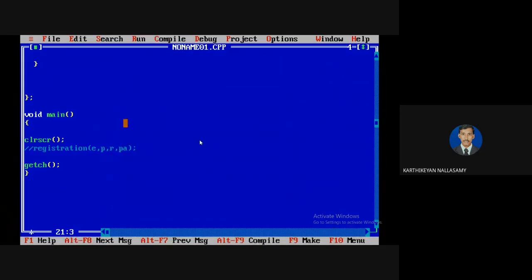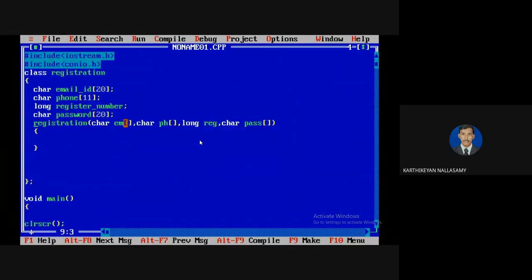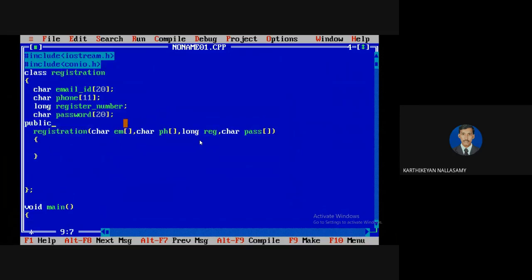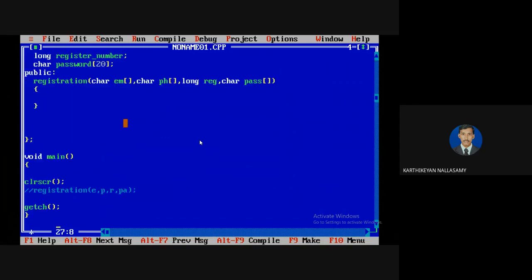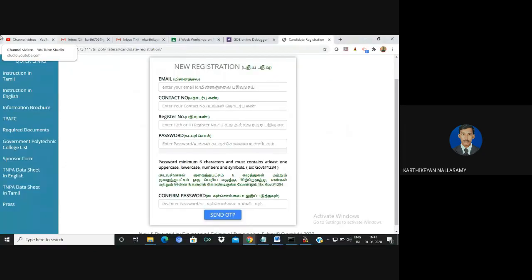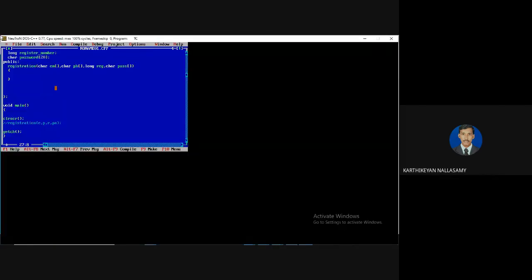No error still. But there is one more problem: it is private. The constructor must be defined only inside the public section. I told you that this is the outside of the environment. Whatever field we are having will be passed to the class from the outside environment to the classroom, so the constructor is the only correct way to